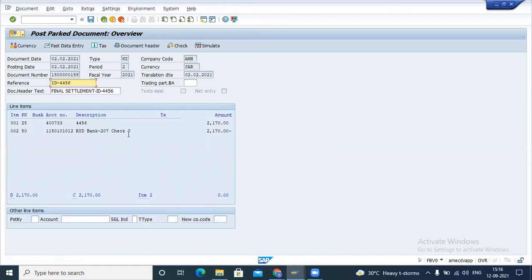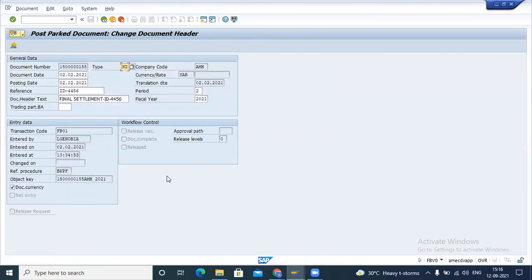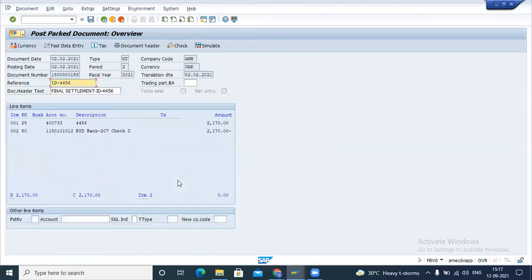Okay, this is the park document. Yeah, this is the park document.